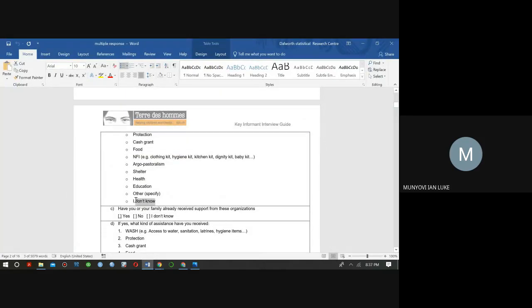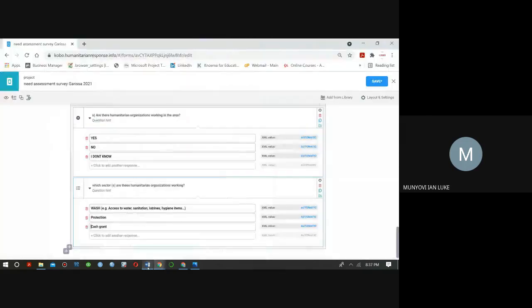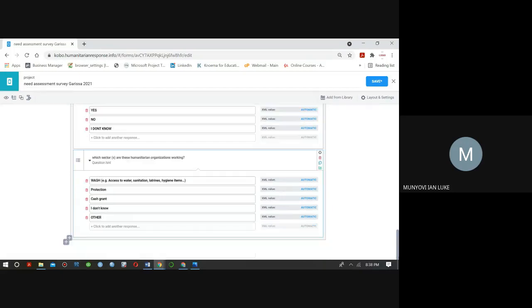So let me copy this one, Control C, and then I have the option of other. And again, remember, if somebody says other, they need to specify. So the next thing you're supposed to do is add another question and just call it specify.